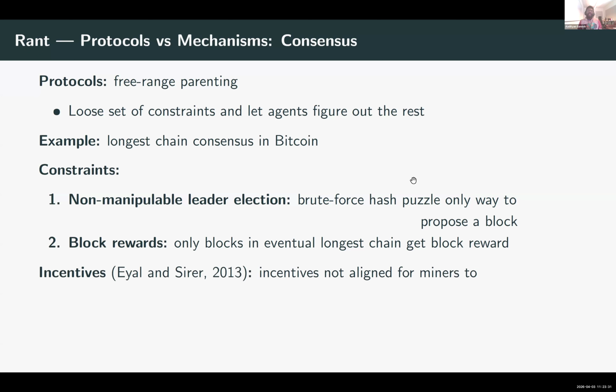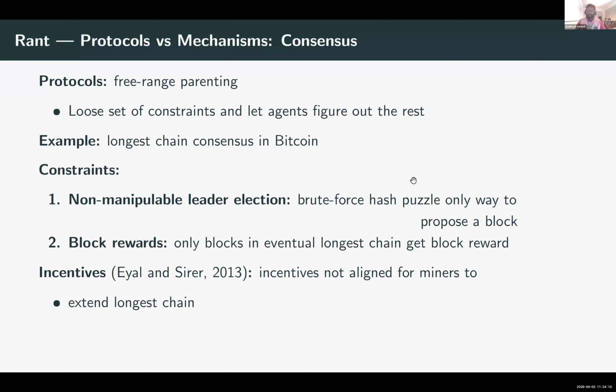Right? And once we have these constraints in place, while we ask people to extend the longest chain and not to sit on a block upon mining them, we ask people to broadcast the blocks as soon as they mine them. The incentives are not aligned for miners to always mine on the longest chain or immediately announce blocks, right? So this is the starting point for the entire selfish mining literature, beginning with Eyal and Sirer in 2013. They argue, because longest chain consensus is designed as a protocol,